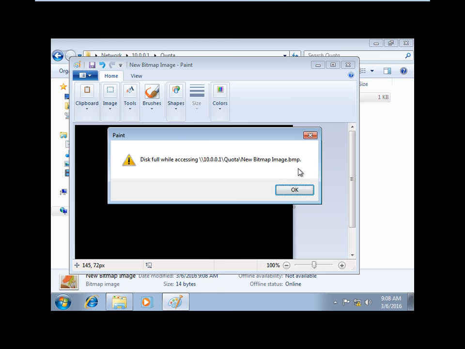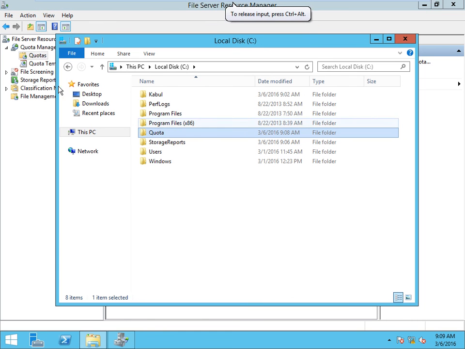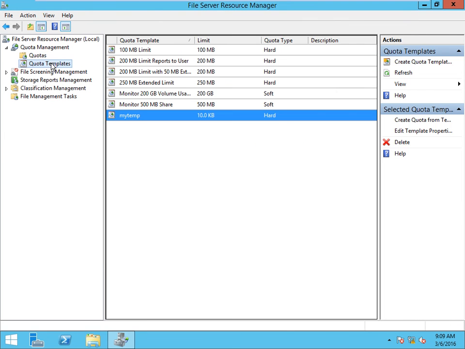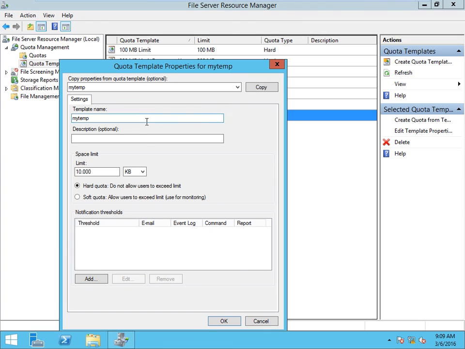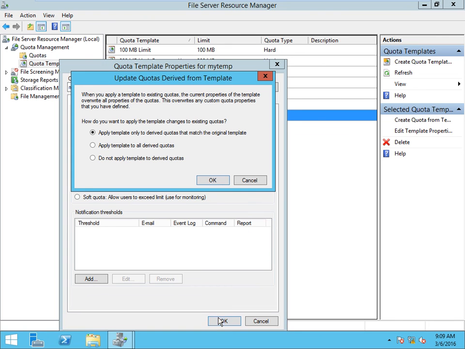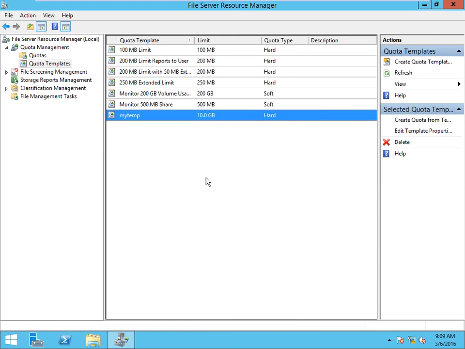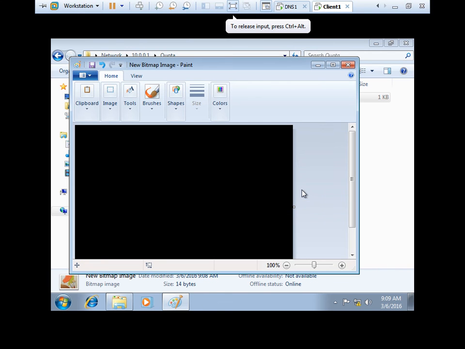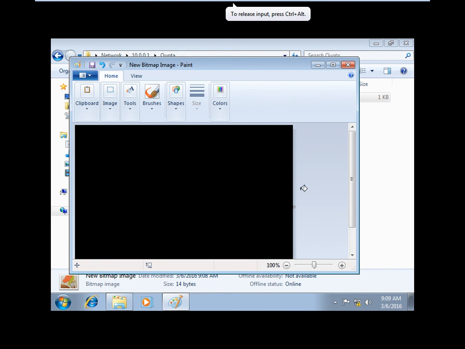So this is about the quotas on folder. See, here we have implemented it on this. If you want to increase the size, suppose 10 GB, okay, now space is 10 GB. Now you can save, Ctrl S.